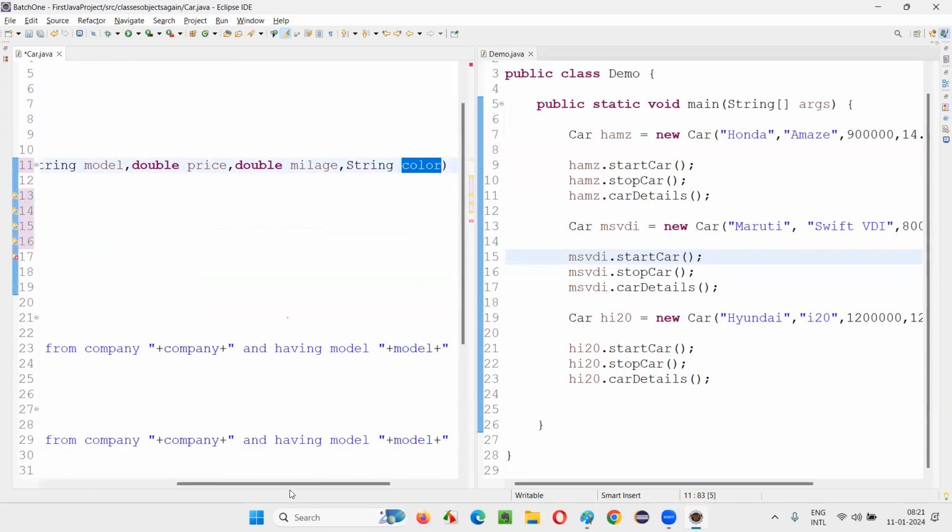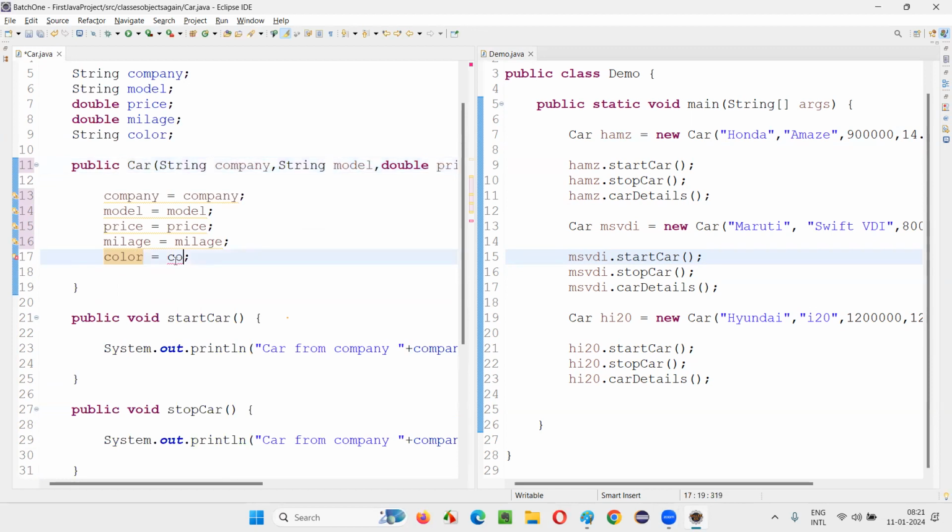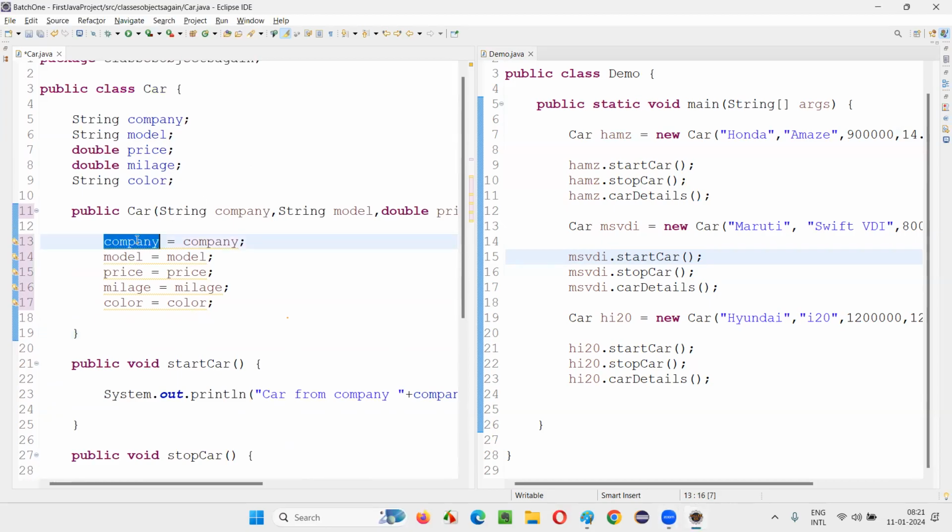Color is equal to color. Then what is the problem, guys? What is the problem I am facing? If I focus on readability, what is the problem I am getting? You see, I'm assigning the parameter to the same parameter only. I'm assigning this parameter to this global variable of the class. In this case, I'm assigning the parameter to the global variable of the class. No, I'm assigning the parameter to parameter. But if I change it to C kind of thing, readability is going off.